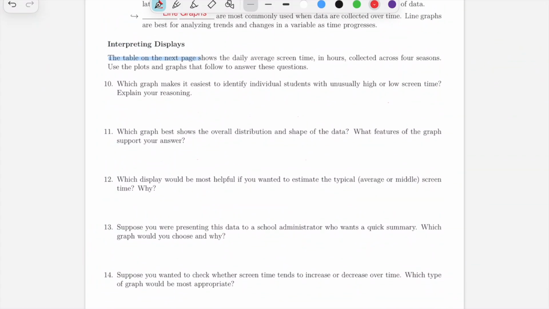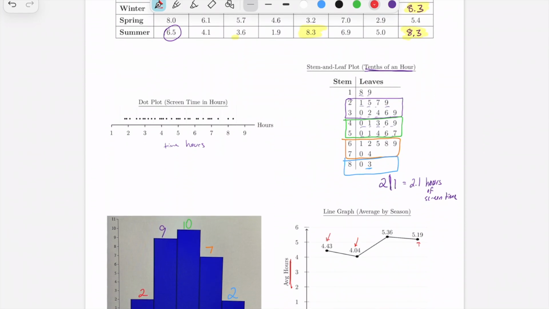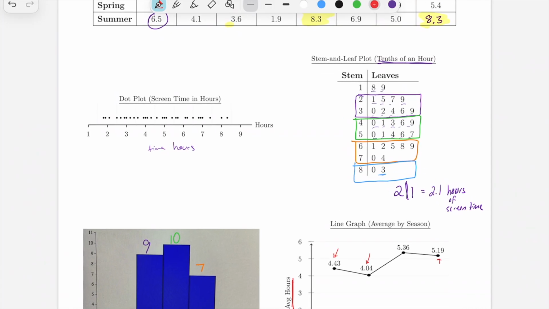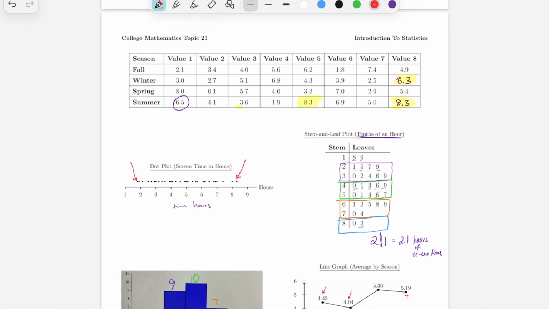Which graph makes it easiest to identify individual students with unusually high or low screen time? Well, just at a glance, I can tell this is the highest and this is the lowest without really any work at all. If I wanted to know what the highest and lowest was in this data table up here, I'd have to look very carefully to try to find the highest and lowest and see if there's any that are out of whack. It's a little bit easy to see over here on a stem and leaf plot, but